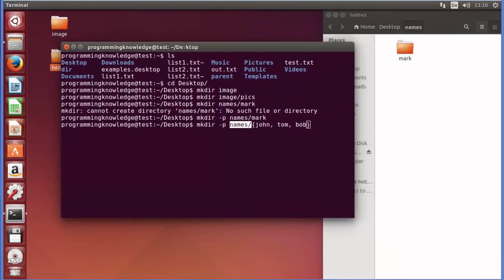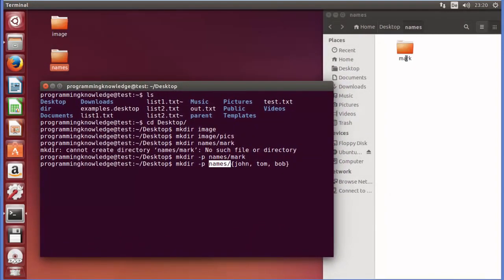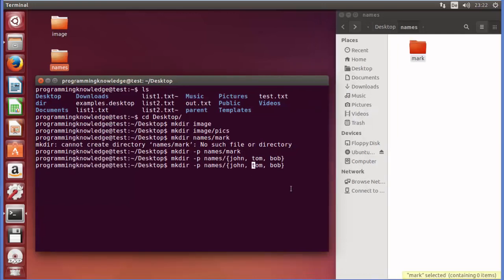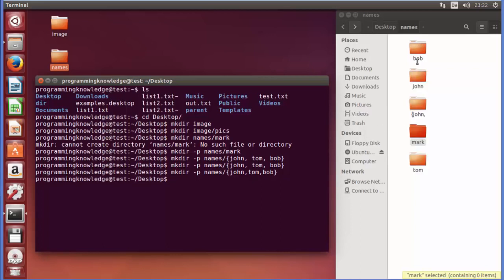So let me open this directory which is names, and right now it has only one directory which we have already created. So let me press enter and let's see what happens. And when I press enter, it creates some directory with this curly brace start and then the first name and then comma. So this way you can create, but you don't have to give the space between these commas. So just remove the space between the commas and press enter once again, and this time it will create these